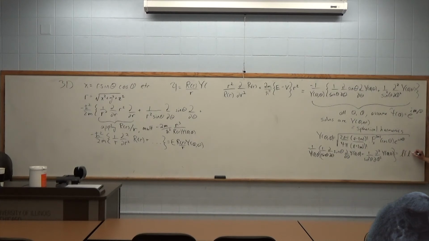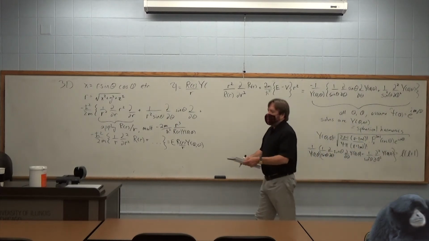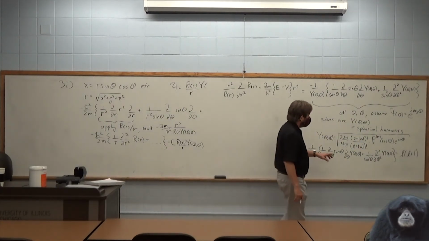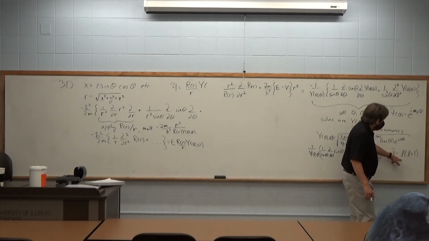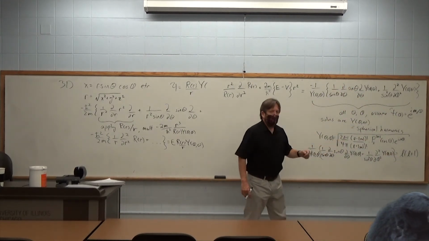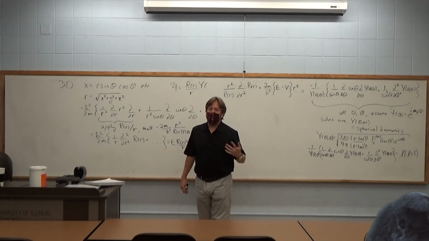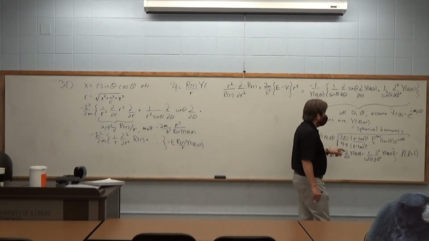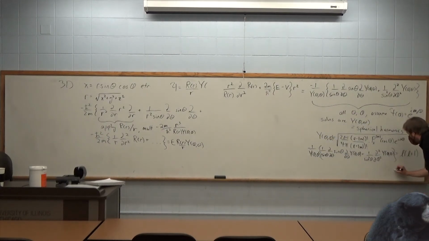L times L plus 1. L is a quantum number. It's a constant. Okay. In the solution, you find an infinite number of answers. Ground states and excited states. There's an infinite number of excited states. The ground state has an L of 0, and what happens is that